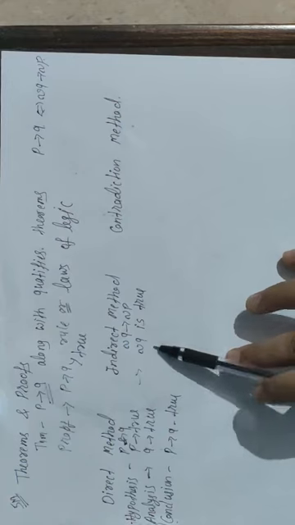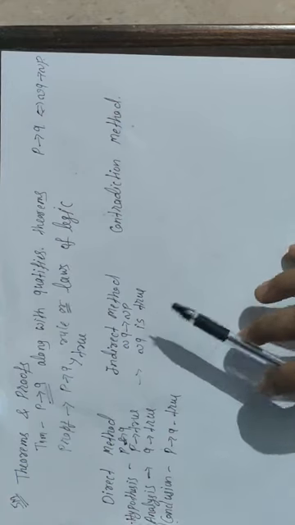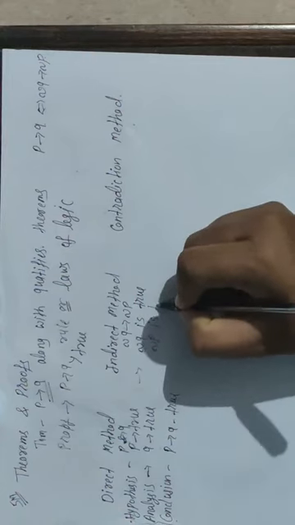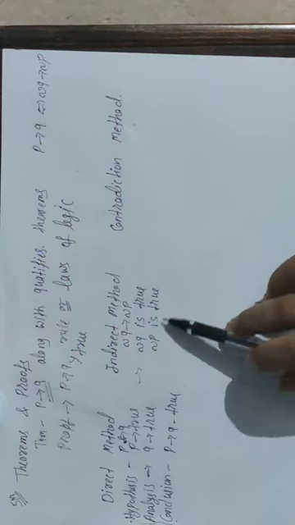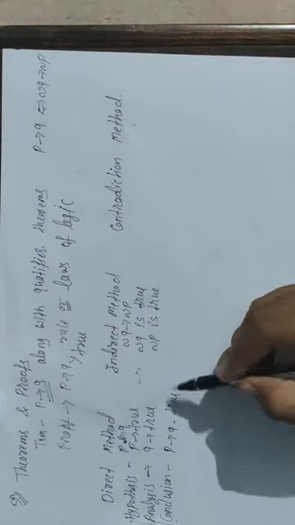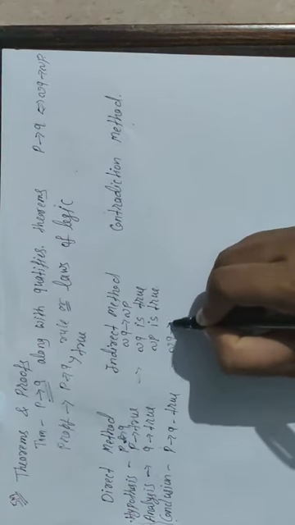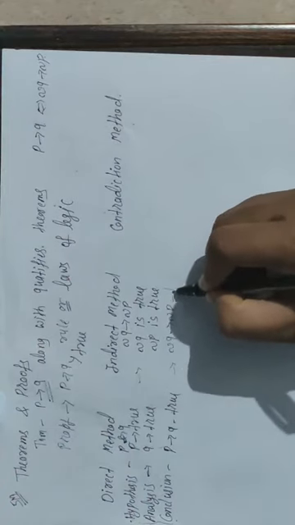By using rules or laws of logic, try to prove negation of P is also true. First assume that negation of Q is true, and using laws of logic try to prove negation of P is true in the analysis. Then you will get the conclusion that negation of Q implies negation of P is true.